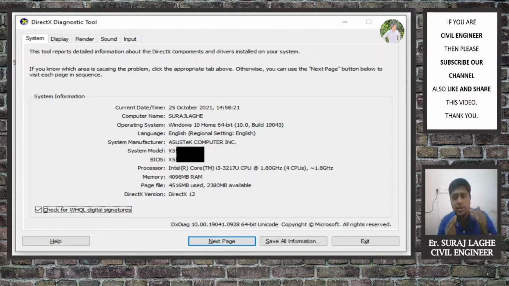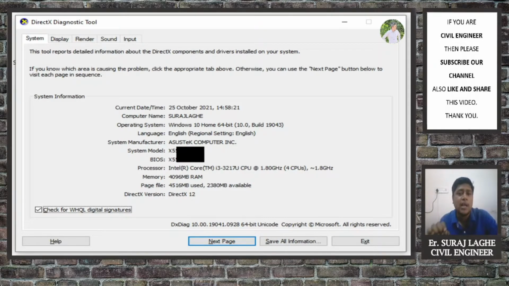Basically we are now studying our system properties, specifications and information, because this is very important to check the compatibility of your Windows upgrade along with the software system requirements. Because if you upgrade to the next level, that is Windows 11, and your PC, laptop or system is not compatible with that Windows upgrade, then you may face various kinds of errors. So we have to avoid that.